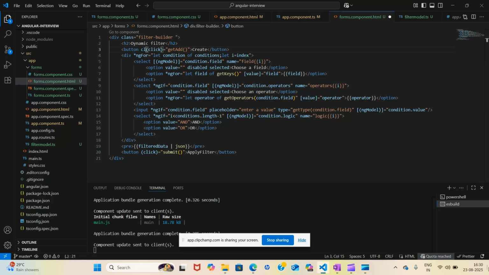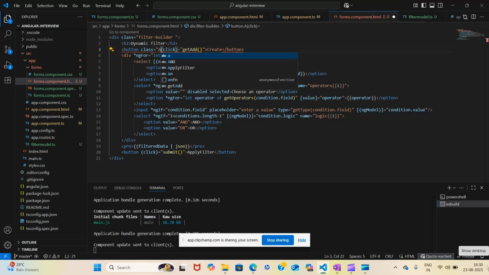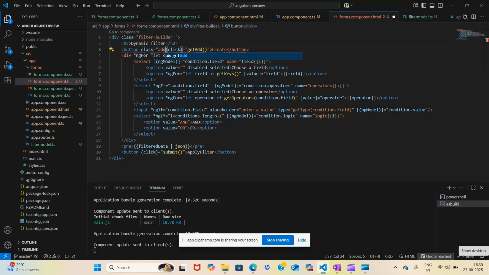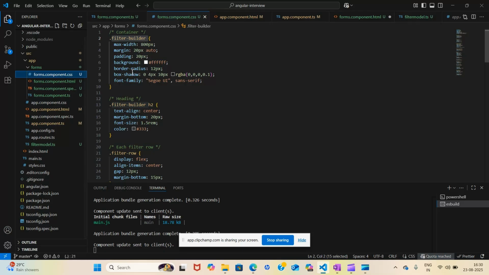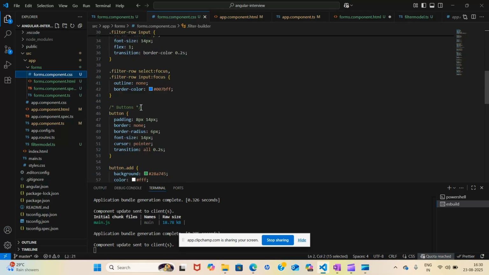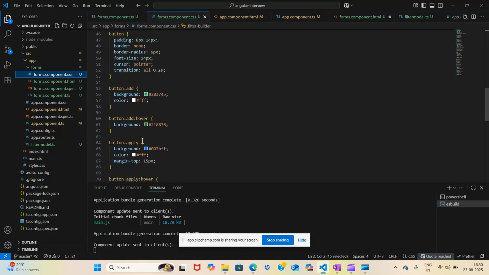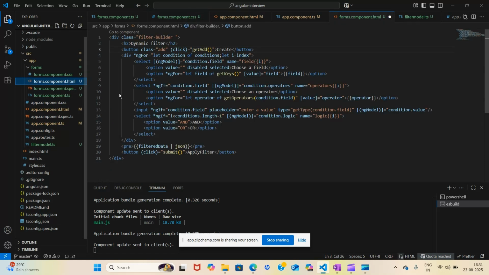For buttons also I have this class, add. I had this add class, add and apply, and filter row also.